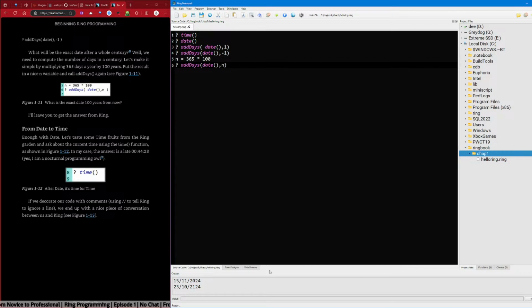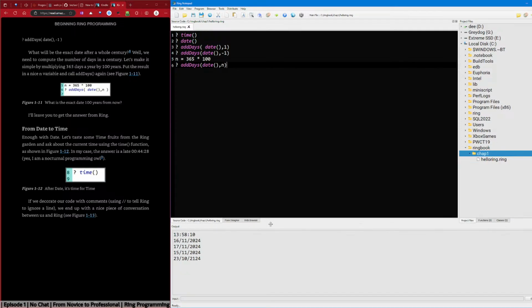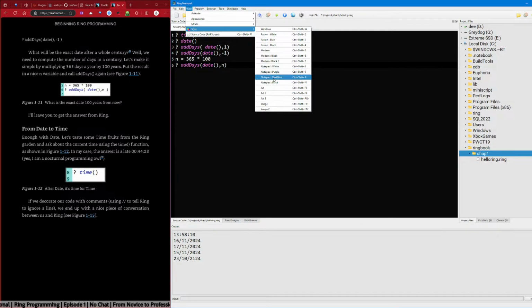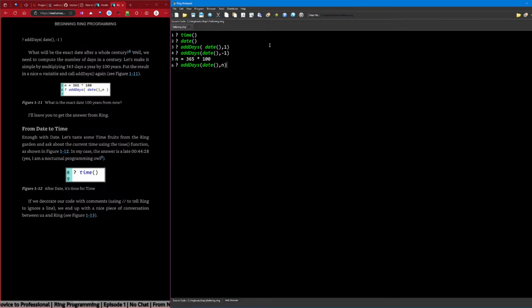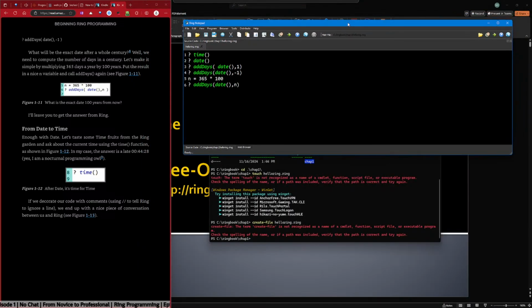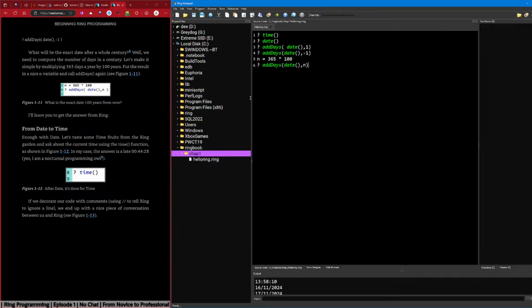Style, fusion. Fusion black. Okay. Control 9.